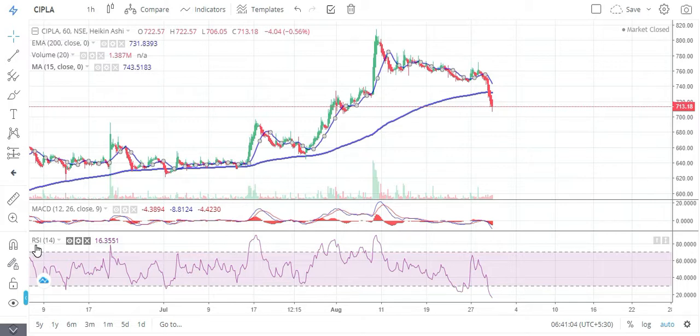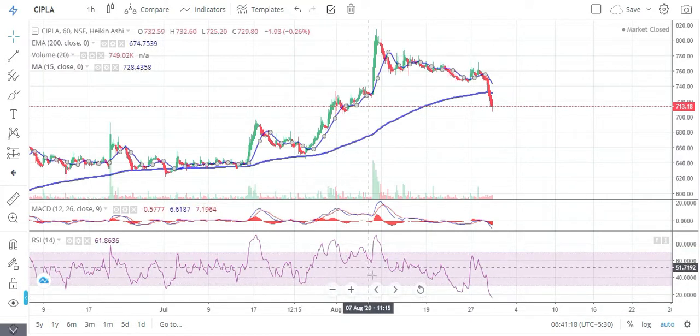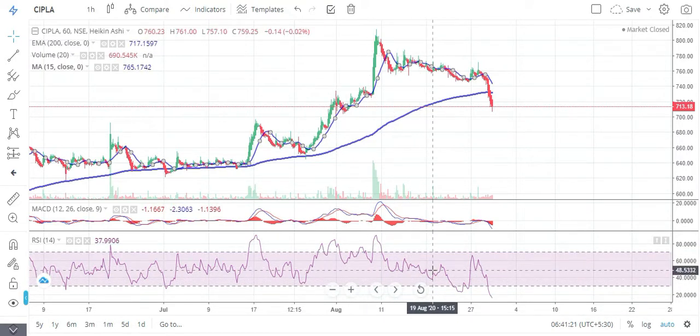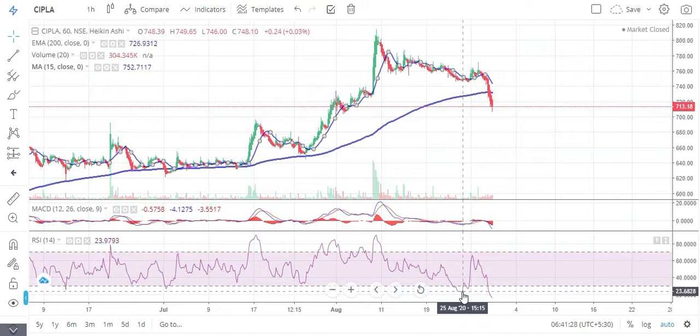So what it basically does, you don't have to complicate yourself, just simply understand that the value ranges from 30 till 70. This is the range, and if it is between the range, then the prices are fair enough. It's not good to sell nor good to buy. But if it goes to the lowest point, it breaks 30, or if it is near 30, that means people are selling the stocks. It is oversold.